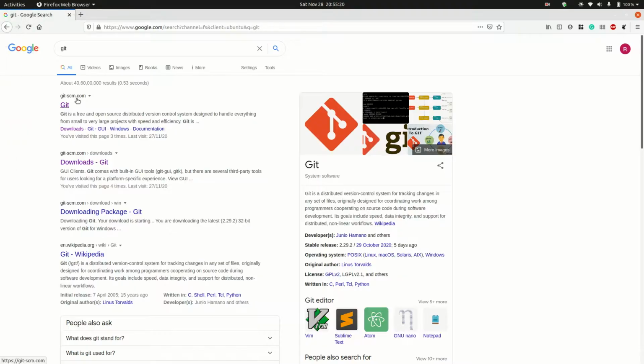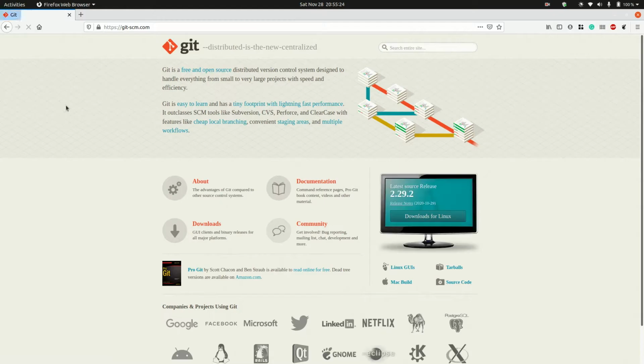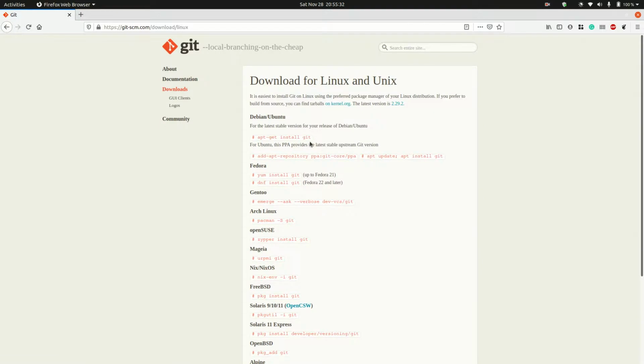And here you can see the official website of Git, and you can just click on this link. I'm using Linux right now, so I will follow this link, download for Linux. And here you can see we just have to follow this very simple command to install Git in